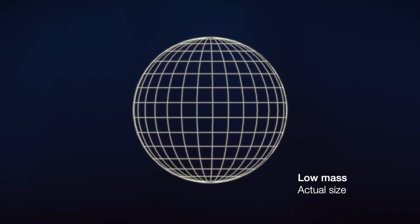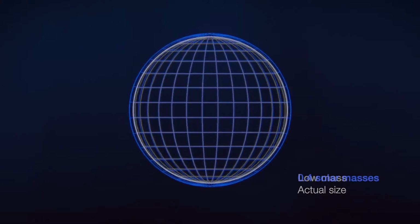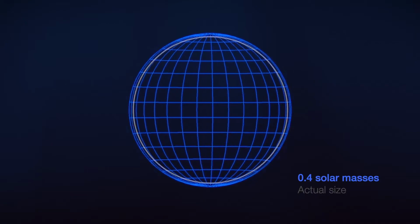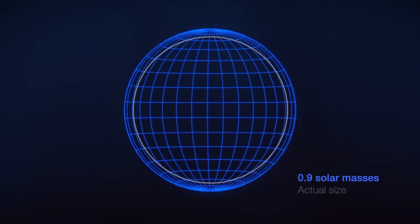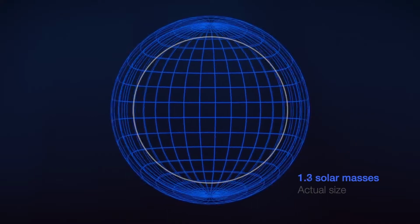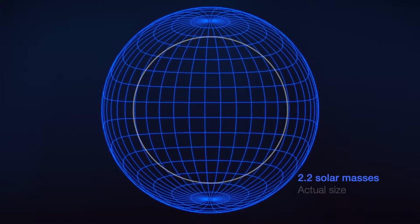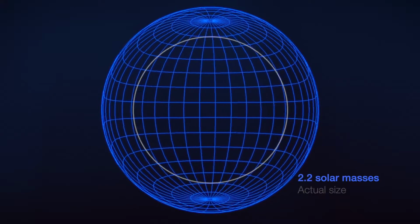We only see light from the side of the object nearest to Earth. But as its mass increases, the object warps space-time and acts like a lens to show us light from the far side. This has the strange effect of making a pulsar look bigger than it really is. The more mass an object of a given size contains, the more it distorts space-time, and the more we see